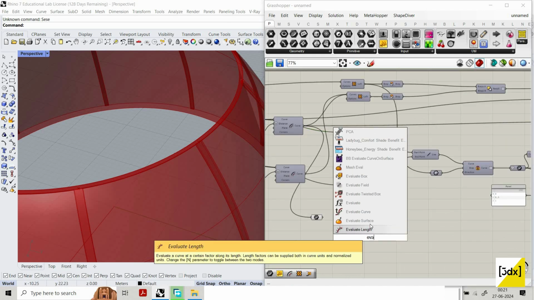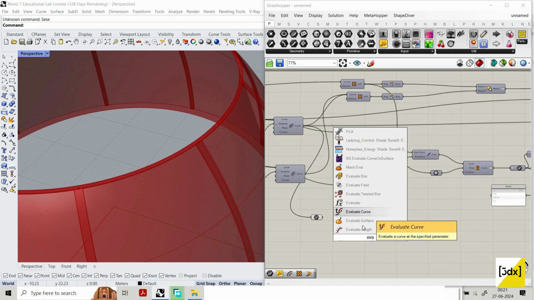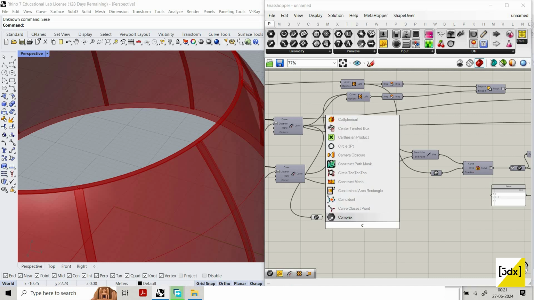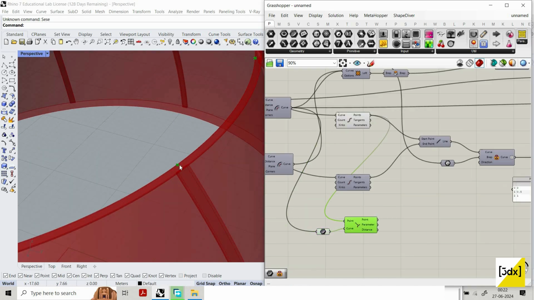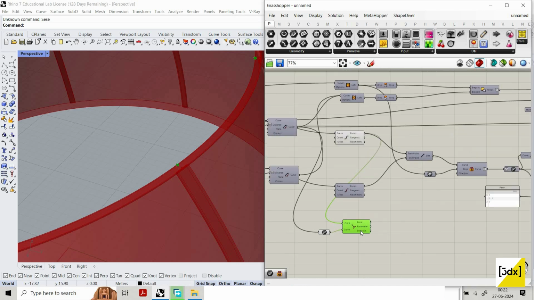Instead of that, I'm going to use curve closest point. I'm going to pull this point over here, pull the curve here. So you can see I'm just pulling this point to this curve, and now I'm going to create